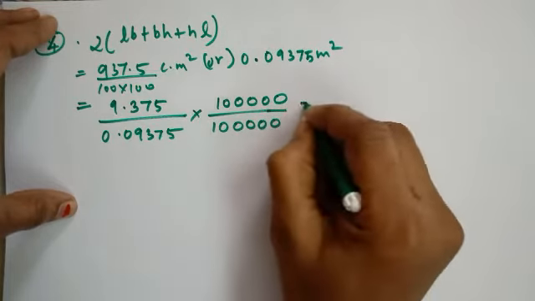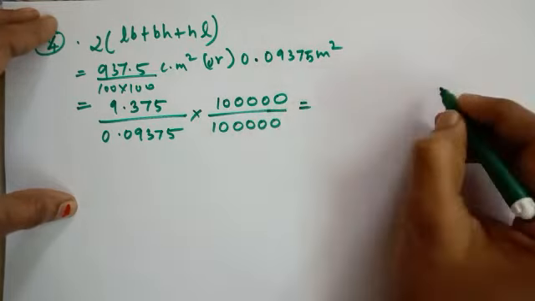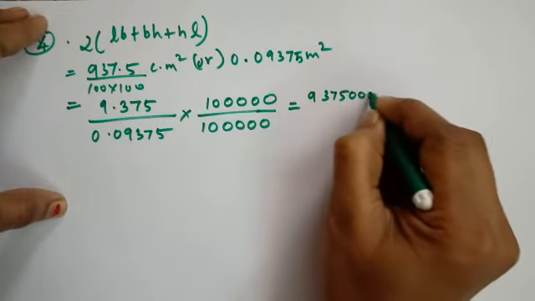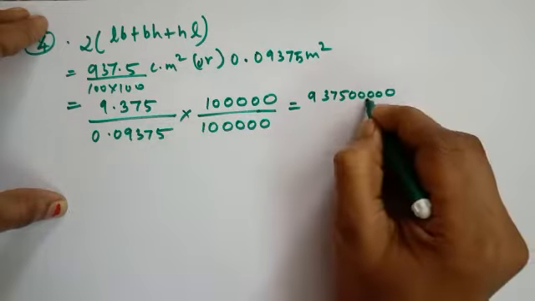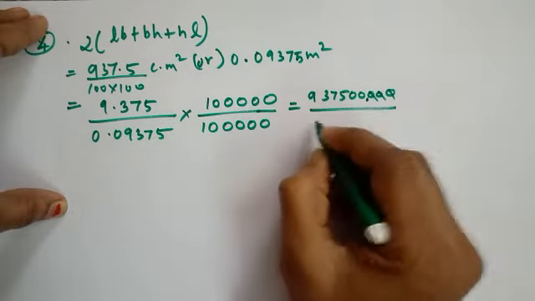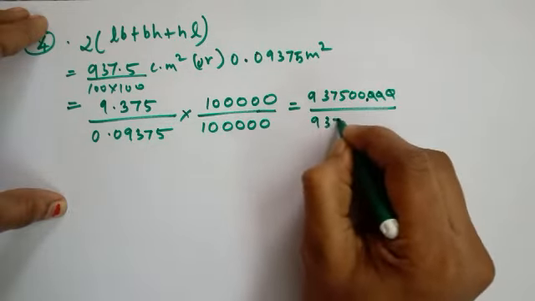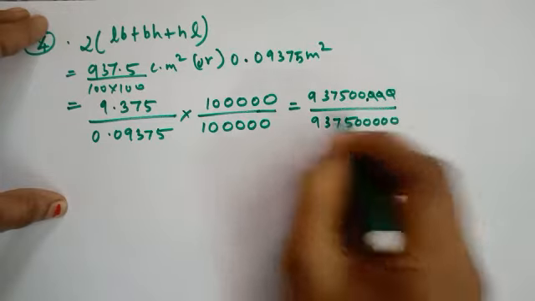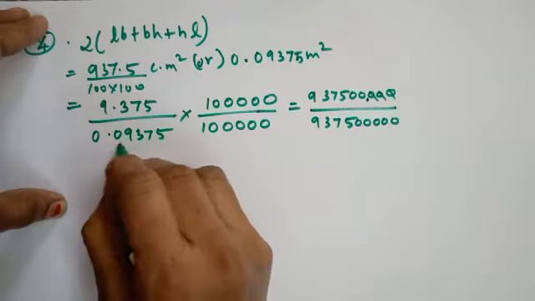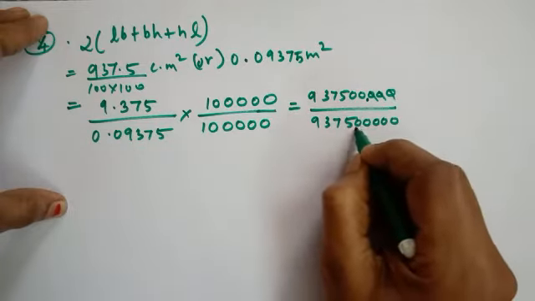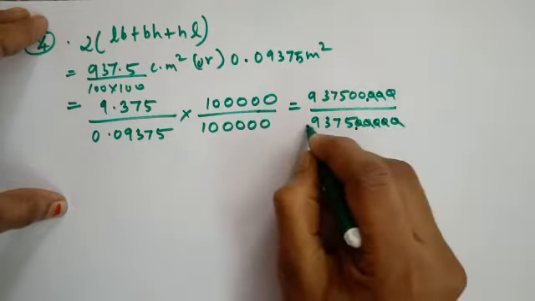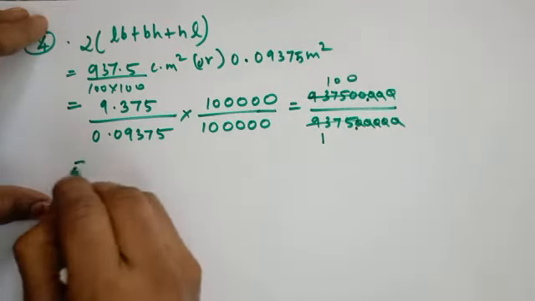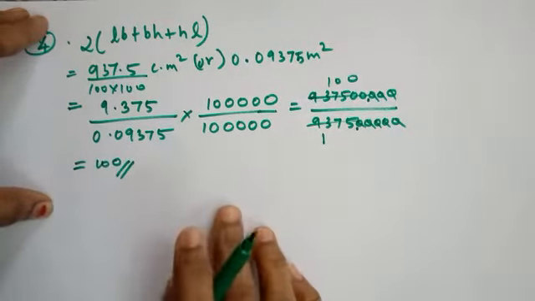Then that is equal to, here this will be 9375 followed by 3 zeros, and here 9375. How many decimal places? 1 2 3 4 5, 1 2 3 4 5. So here 1 times, this is 100 times. So the answer is equal to 100. Is it clear, students? Good.